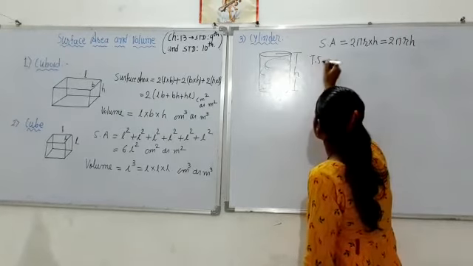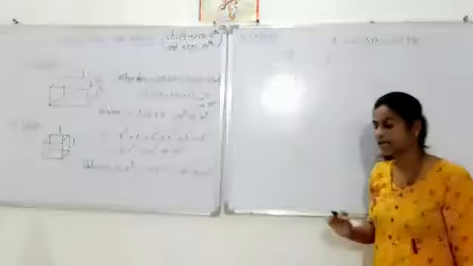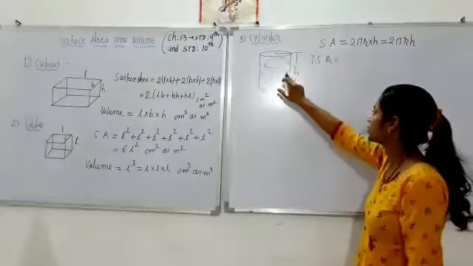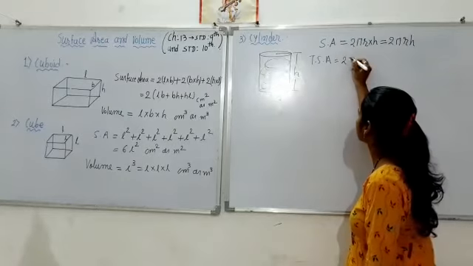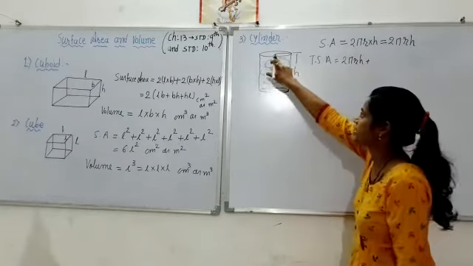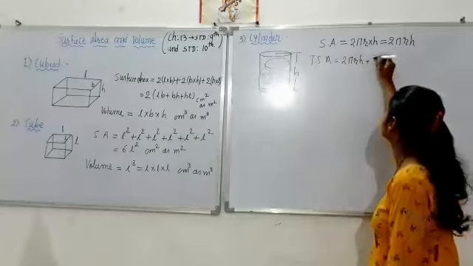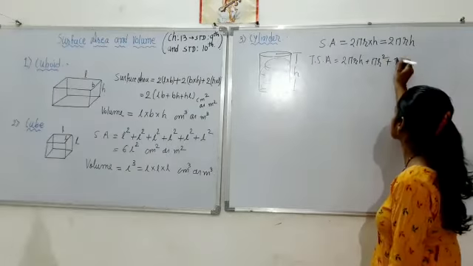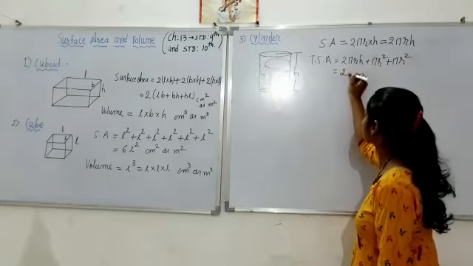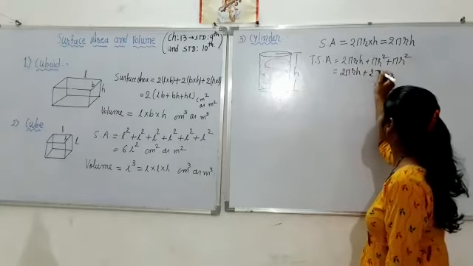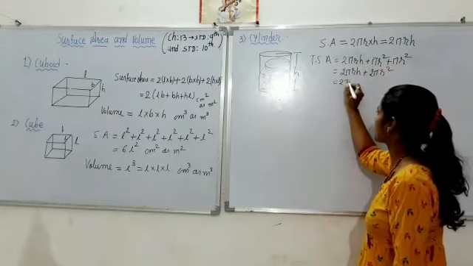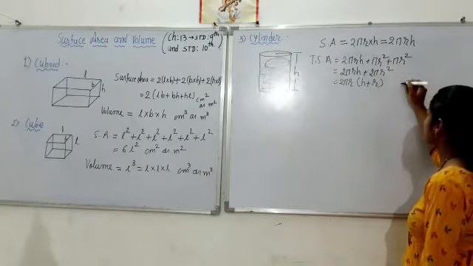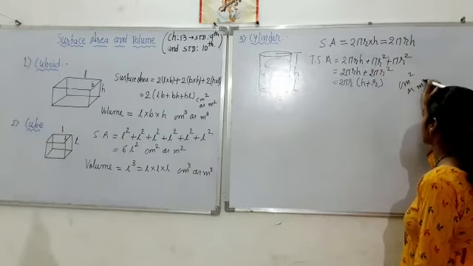In the same way, total surface area means this surface area as well as the top and bottom parts are included. So the middle part surface area is 2 pi r h. The top part is a circle and its area is pi r square. The bottom part is a circle, its area is also pi r square. So you can write 2 pi r h plus 2 pi r square. Now take 2 pi r common, so 2 pi r in bracket (h plus r). And total surface area and surface area both have unit centimeter square or meter square.